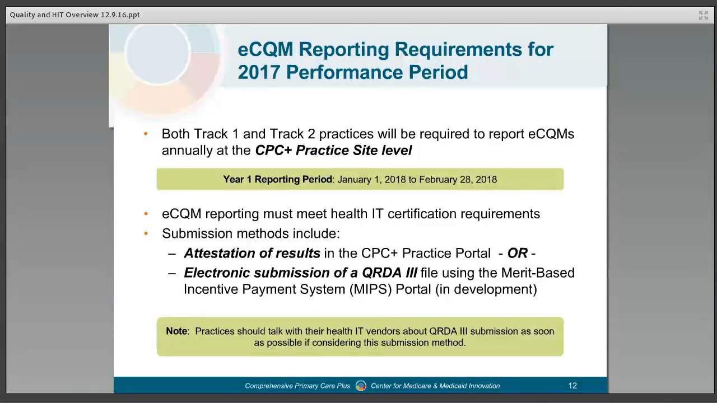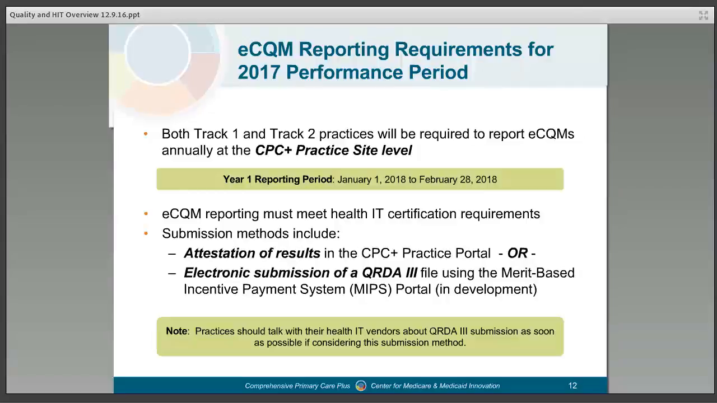So the performance period for reporting the eCQMs is January 1, 2017 to December 31st, 2017. So that's the period where you're collecting all of the data, right? And then after that, you're going to provide us with that data. So that's the reporting period. And that's from January 1st, 2018 to February 28th, 2018. These dates may change slightly, but this is the general time frame during which you will report this data to